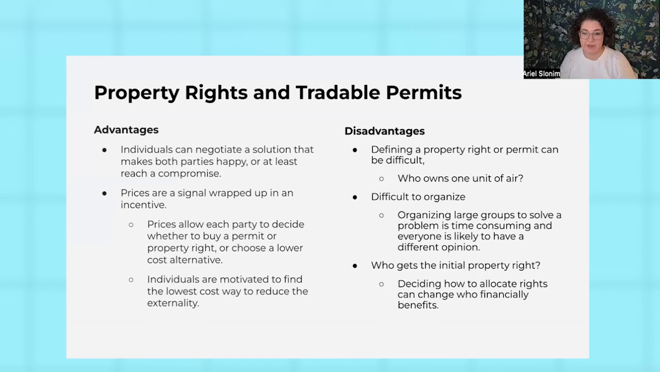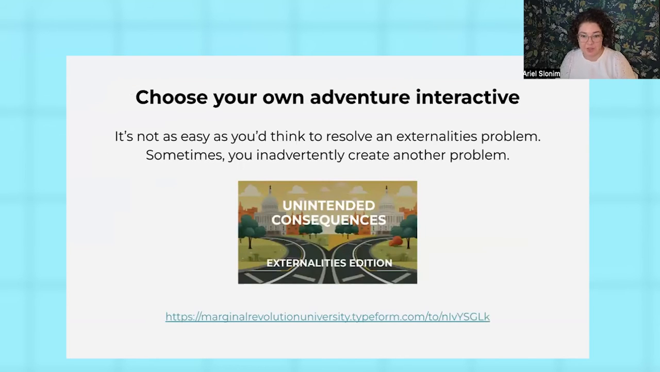And then you have an initial property right allocation question. How do you decide who gets the right to start with? Because it'll matter who financially benefits. And then to really illustrate the idea that it's not so easy to solve these externalities problems, that you do have unintended consequences, even when you've identified an externality,